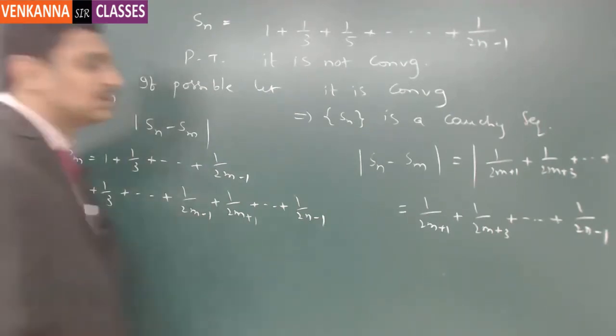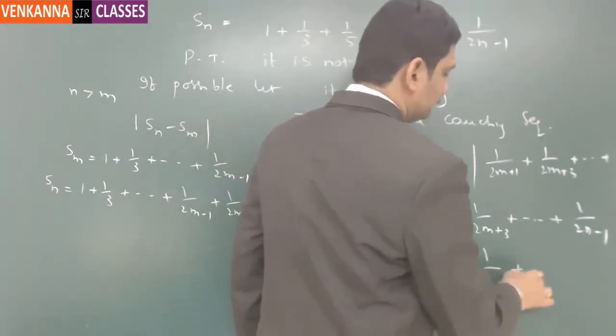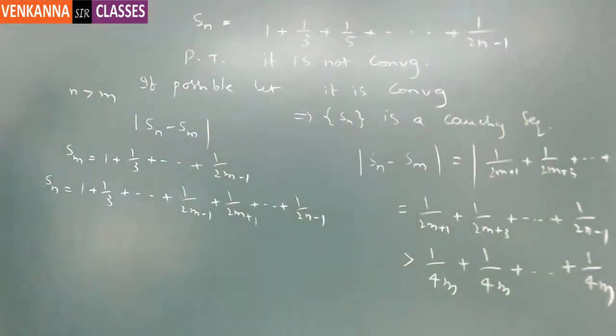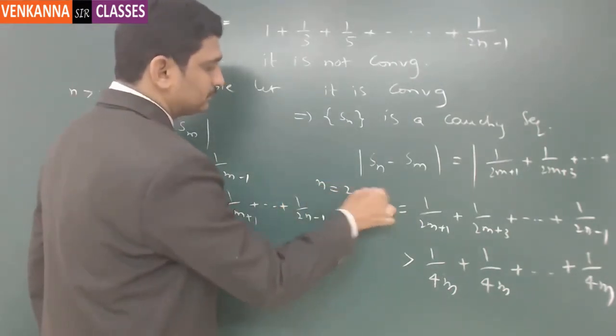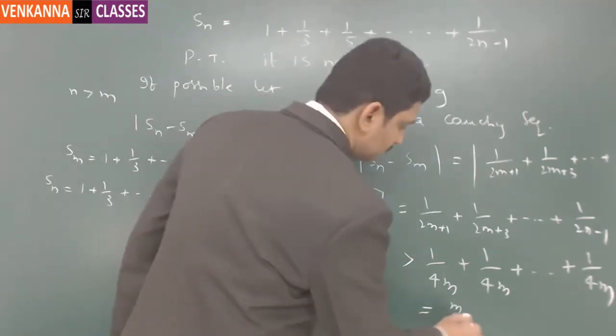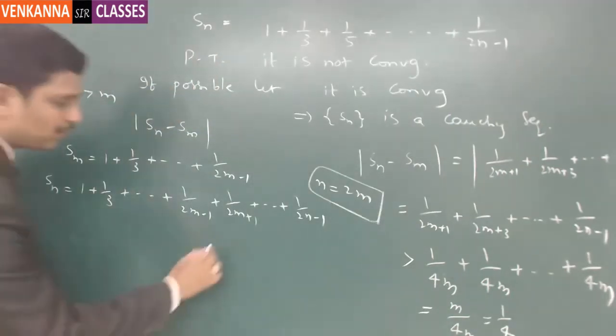So as usual, if you take n is equal to 2m, the last value will be 4m minus 1. So I am taking each term greater than 1 by 4m, 1 by 4m, 1 by 4m. So what happens? You are taking m times. So you have proved that